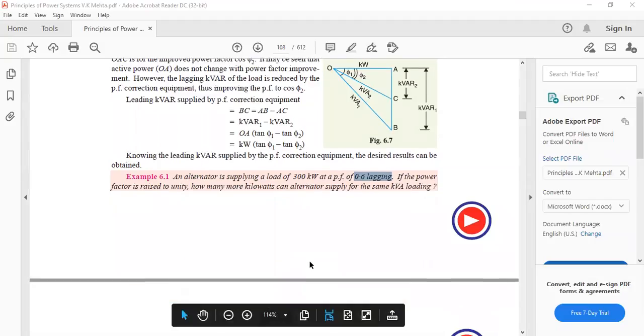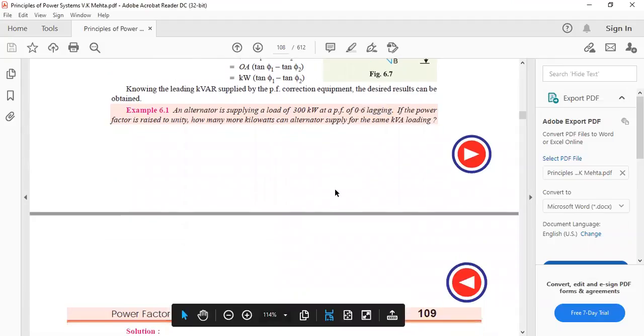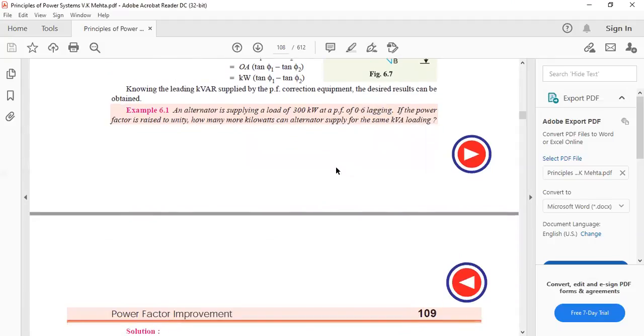So now we will solve one problem. Here an alternator is supplying a load of 300 kilowatts at a power factor of 0.6 lagging. So the alternator is supplying a load of 300 kilowatts at a power factor of 0.6. If the power factor has been raised to unity, how many kilowatts can the alternator supply for the same kVA loading? So for this,